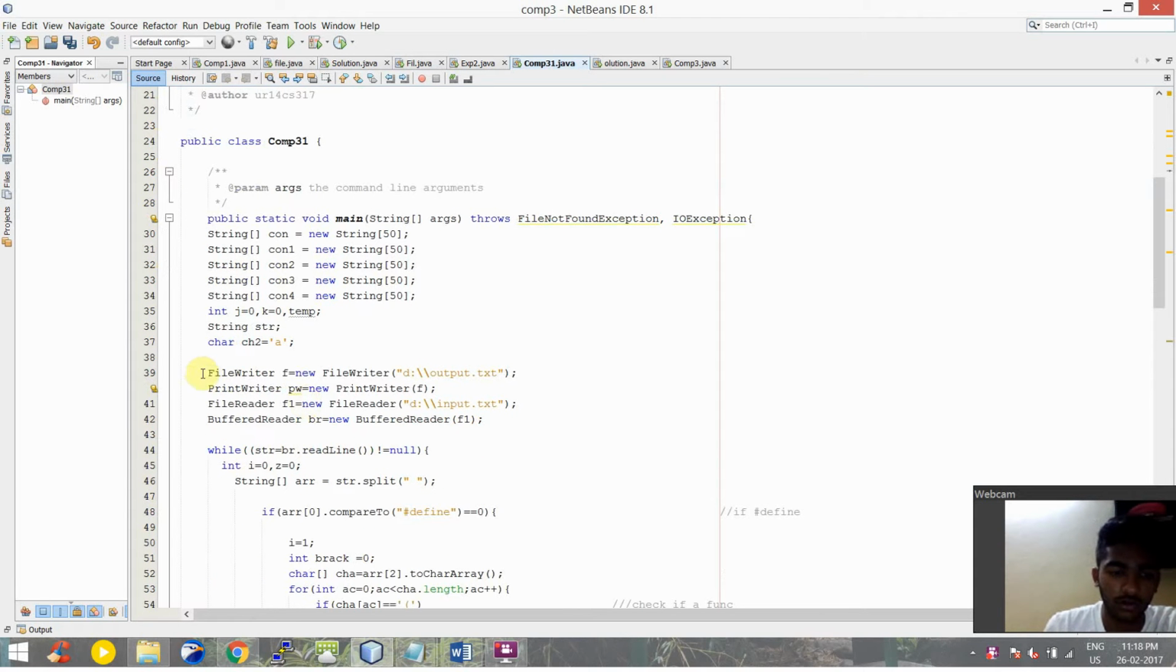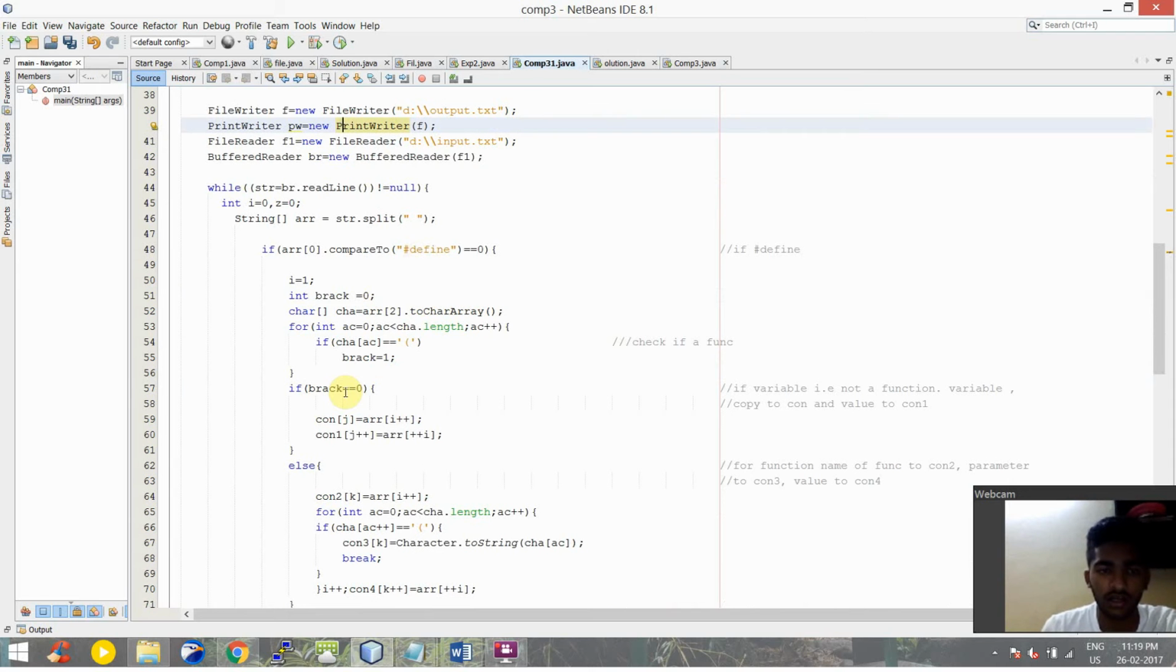Then we have the code to read and write the files. The file to be read is the input.txt and to be written is the output.txt. So we have used the file writer, print writer and buffer reader commands to read and write the files. Then we split the code from the input.txt file into a string array by the spaces or the blanks